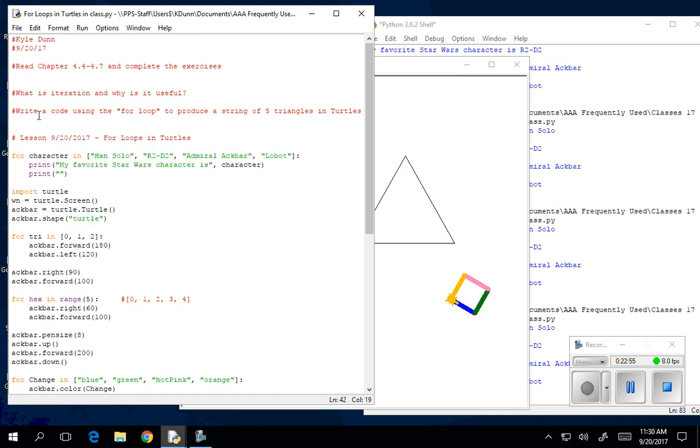So let's revisit real quick, guys, this up here, because I want you guys to write a code using the for loop to produce a string of 5 triangles. Doesn't matter what color they are, they can just be the black ones. You don't have to switch what your turtle looks like, none of that. I just want to see if you can write a for loop that will draw a triangle, but will draw 5 of them in different places, or 5 of them in a row, a string of them like that. So there's actually a little more of a challenge there than it might appear at